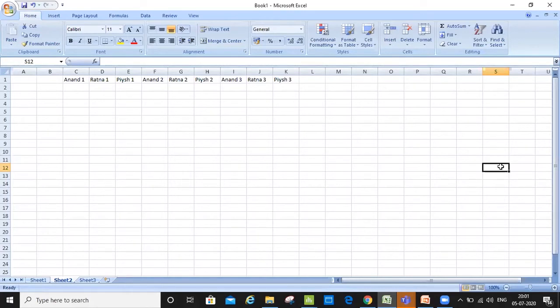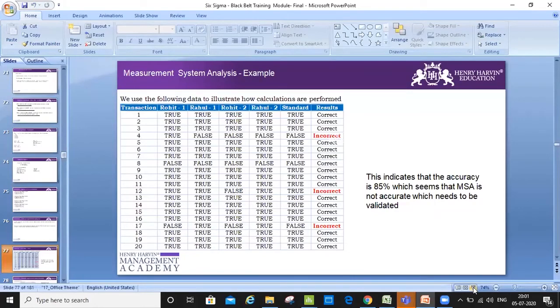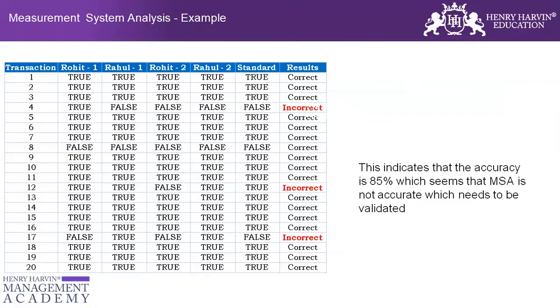Simarpreet, I have a question. Is there any standard that for this many appraisers the trial should be this many, or as far as manufacturing is concerned, when we consider 2 appraisers, then the trial should be 2, and if it is 3, then it should be 3 trials? Is there any standard like that? The minimum requirement is it should be at least 2 so that we can calculate the reproducibility and the standard also. But there is no limit to add the number of appraisers you want to add.